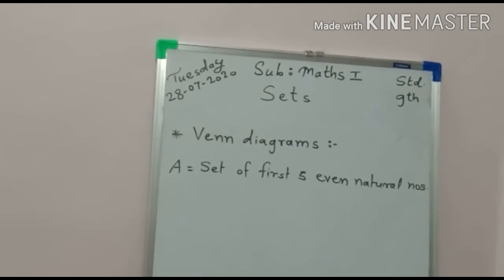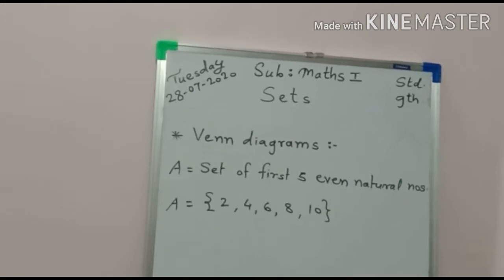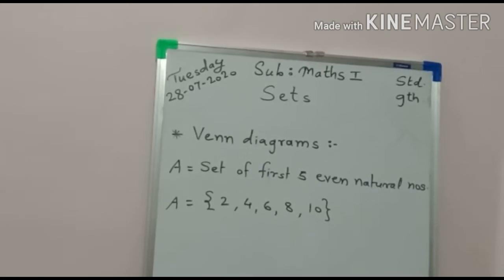Set A is what? Set of first 5 even natural numbers. Is the example of what? Yes, rule method, that is set builder form. Now the same example we can write down in listing method, that is roster form, like this. First 5 even natural numbers are 2, 4, 6, 8, 10. Now that mathematician John Venn says that the same elements you can represent in what? Closed figure,